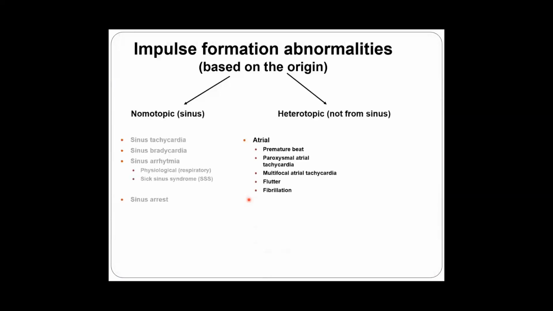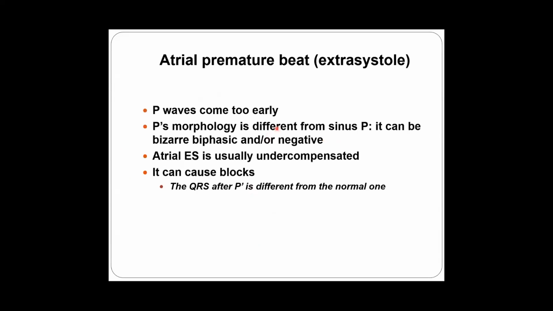Now let's see the atrial impulse formation. That means the heterotopic impulse formation, and very similarly to the nomotopic one, we can have premature beats, we can have tachycardias, and so on. But we have a little bit more. For example, how do we know that this is an atrial premature beat? We know it